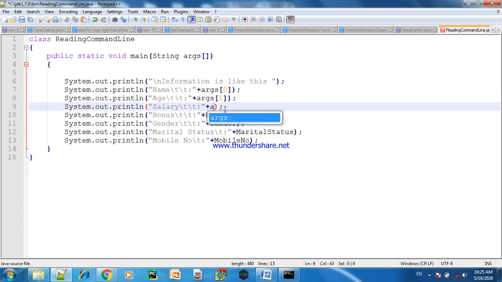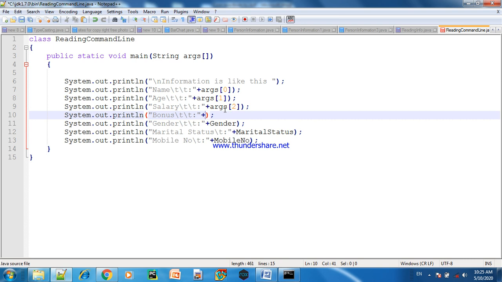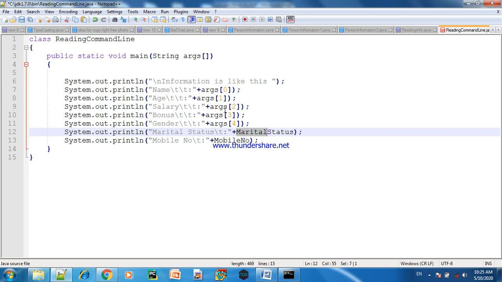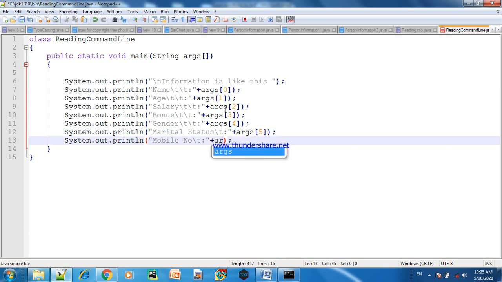Next, args second position is salary. Args third position is bonus. Args fourth position is gender. Args fifth position is marital status, and args sixth position is mobile number.